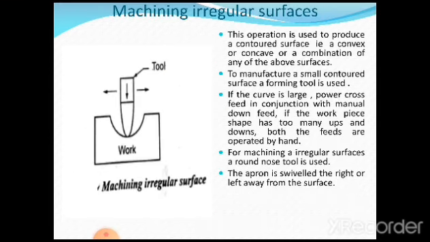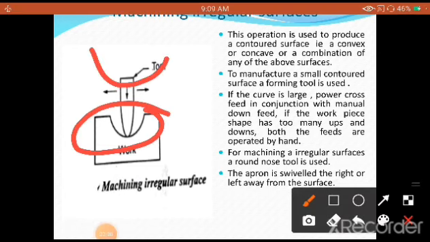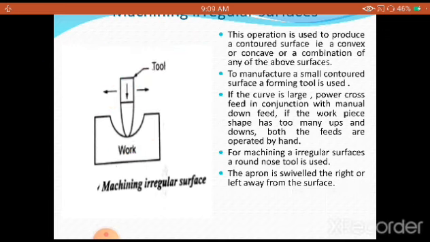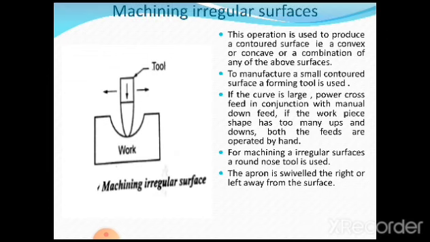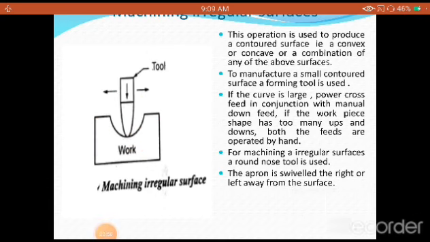The next one coming is machining of irregular surfaces. Suppose I want to go for the production of irregular surfaces. As you are going to see, the surface is a particular type. The surface of the workpiece which I wanted to do is like this. So this is the amount of material that I wanted to remove in the form of a curve. So how can this be done? This operation is very simple. First we have to decide what type of profile we are going to consider. Then we have to select the nose of the tool according to that, and the shaping operation has to be carried out.